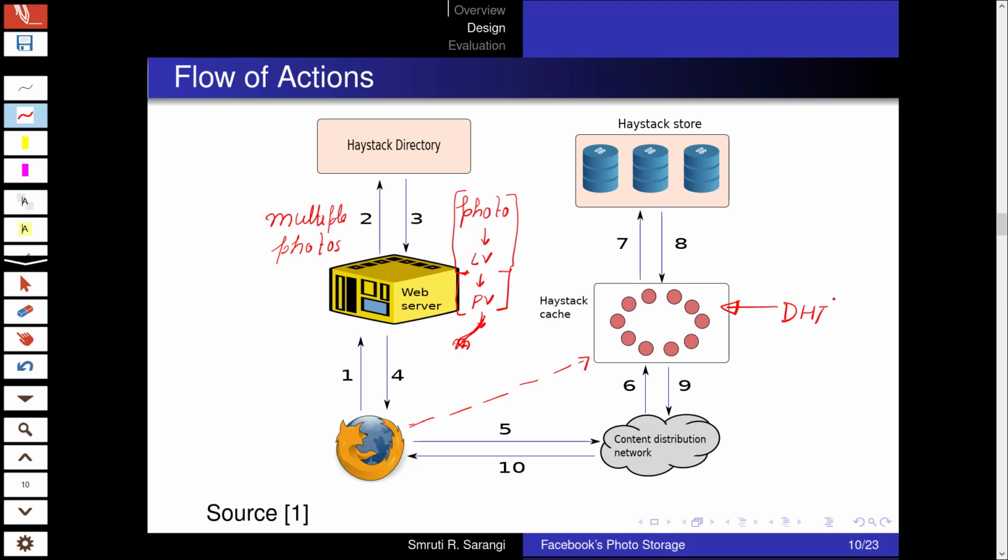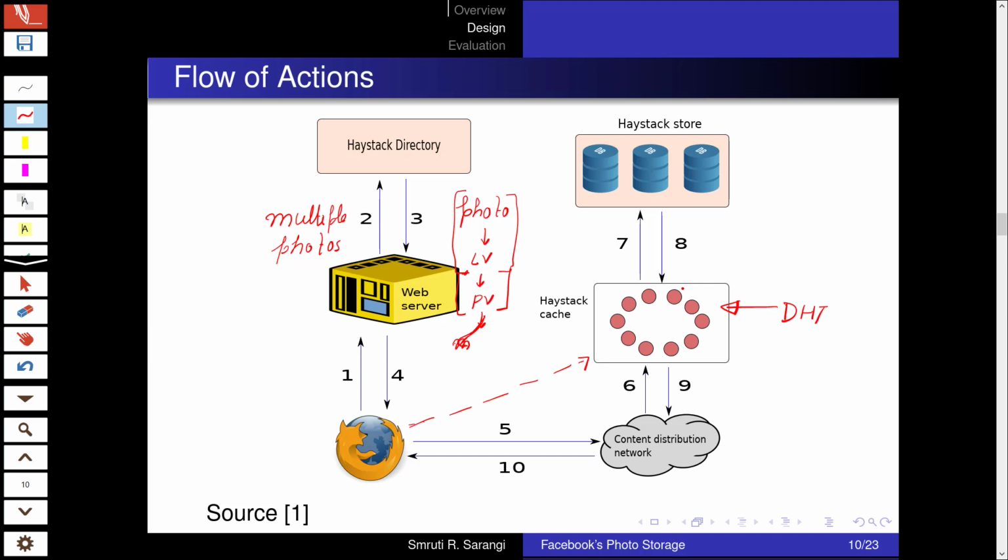If the Haystack cache has the photo, that's great, and the photo will be sent back to the user. If it does not have it, it will send the request to the Haystack store. The Haystack store will then search for the photo within the physical machine, and once it gets the photo, it will return the photo to the Haystack cache, and the Haystack cache will of course store it.